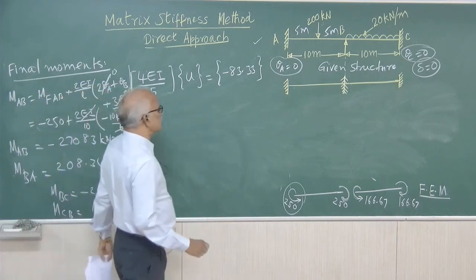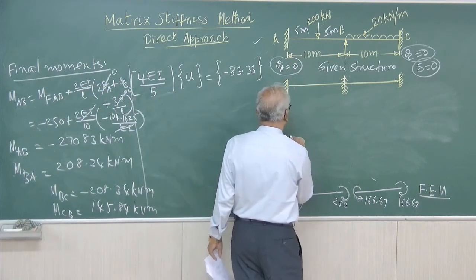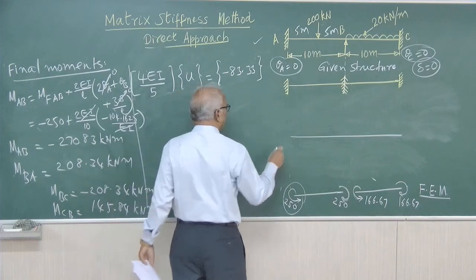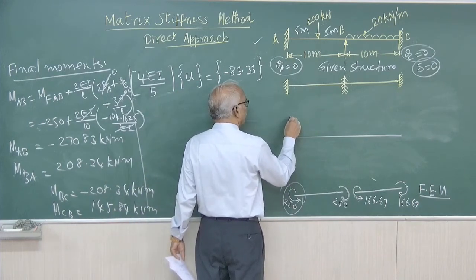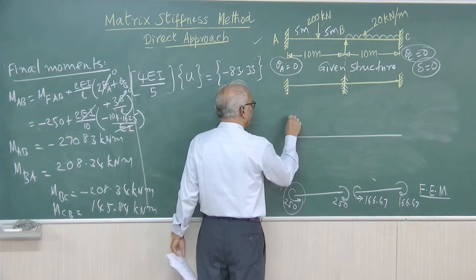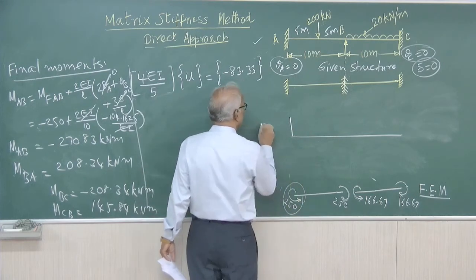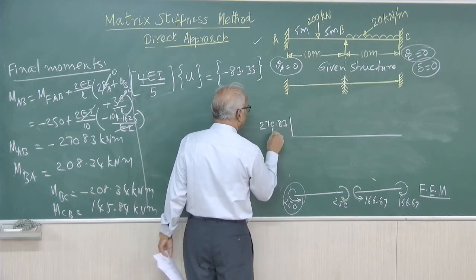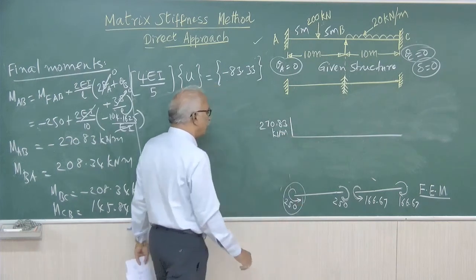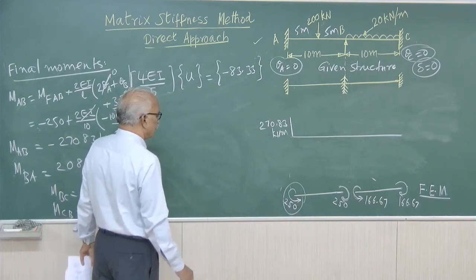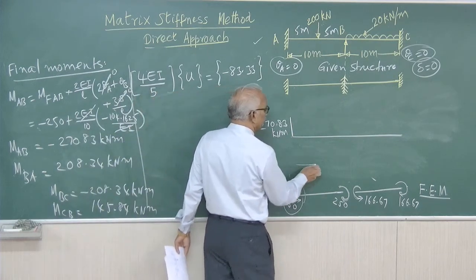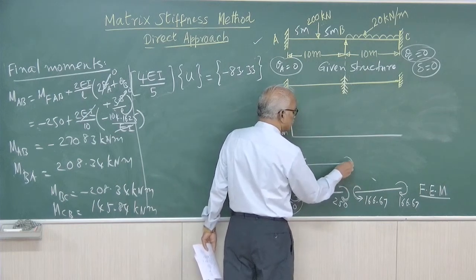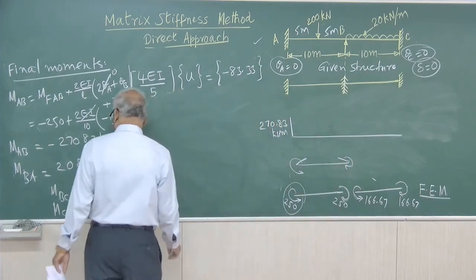we have to draw the bending moment diagram. First one is that of the support moment diagram. MAB is minus 270. So minus means we have to substitute on the top, this is 270.83. So we have drawn many bending moment diagrams. Therefore, we will avoid marking the values in the anti-clockwise direction, showing the tension on the top, clockwise tension on the top. We will straight away plot the bending moment diagram.